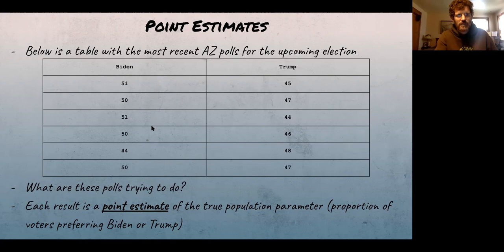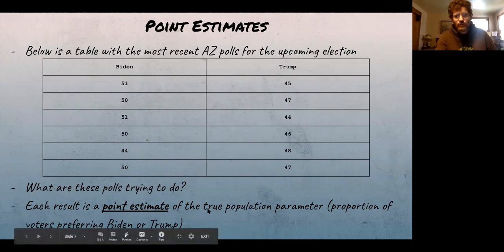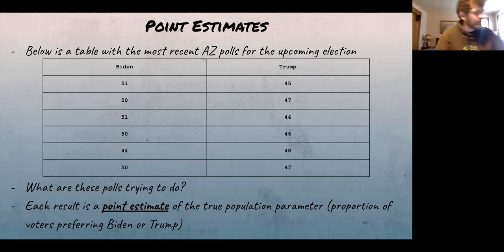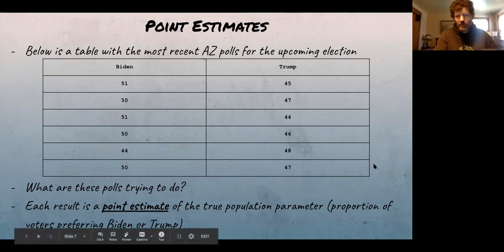And if they have good methodology, they're really trying to be as objective as possible to get a true picture. So with this particular pollster right here, their data suggests that 51% of Arizonans are going to vote for Biden versus 45% for Trump. Now, right here gets a little tighter. This one says 50 versus 47. Right here, they show 44 versus 48. And of course, these are point estimates because there is a true population parameter that exists. We don't know it, and we are just estimating it. Okay, so we don't need to go on that point too much longer, but we're going to now consider this.